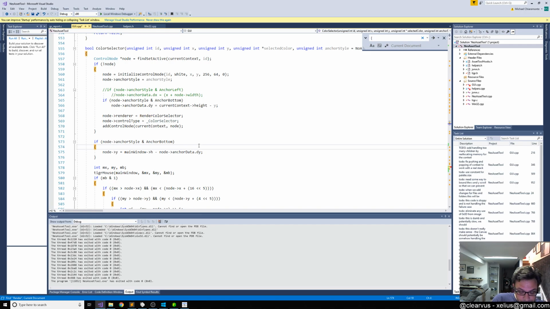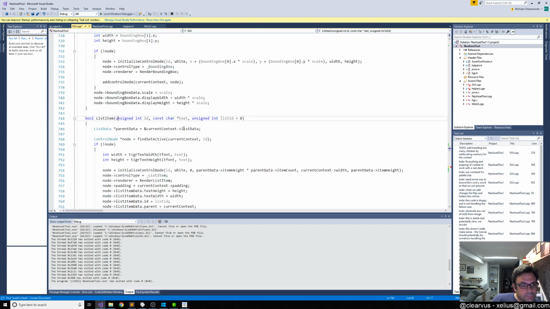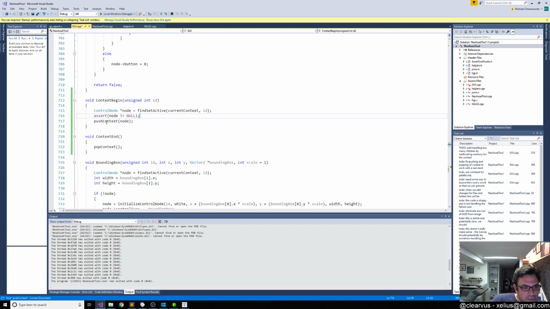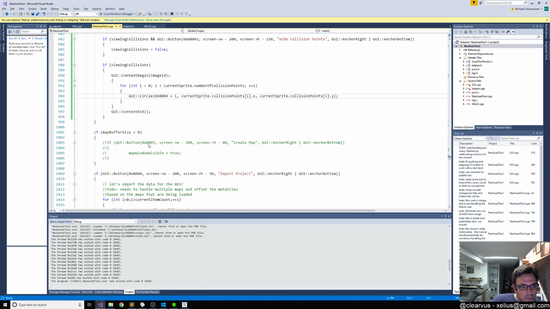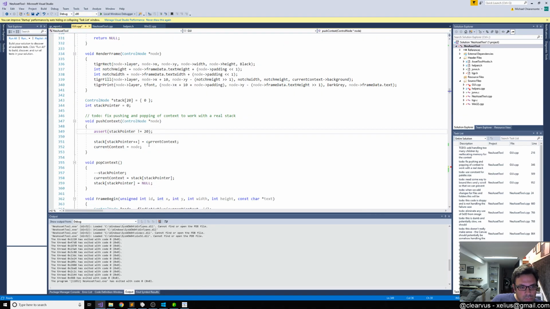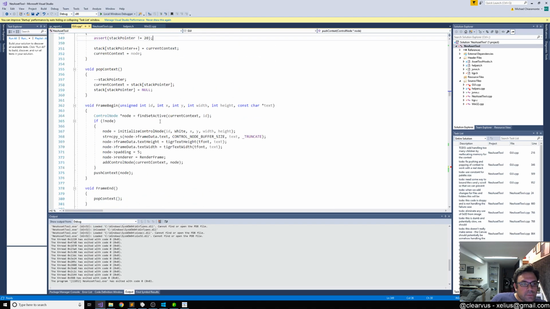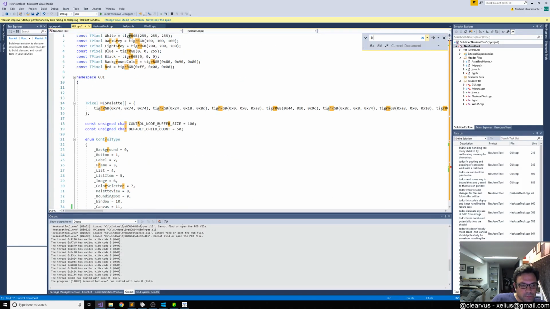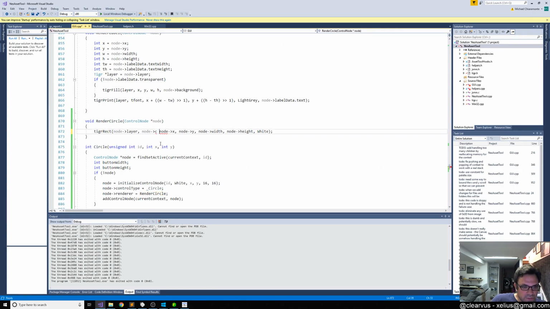So, the context is just a node, and basically what I guess we would want to do for the circle here is we would say